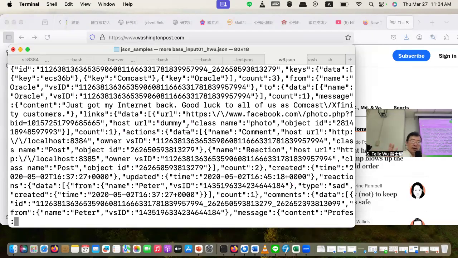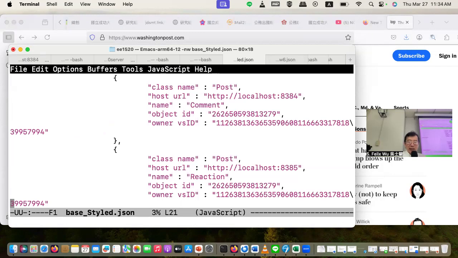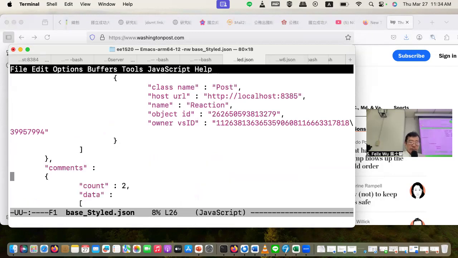Okay. Previously, this is the way we see the information. It's basically just one single line of characters, which is complicated. I cannot parse it. But in JSON, if I do this, it is a much better structured representation. The first key-value pair is action, and the action has an attribute that holds an array. Remember, if it's a bracket, it's an array. It's an array of different actions I can take related to this post.